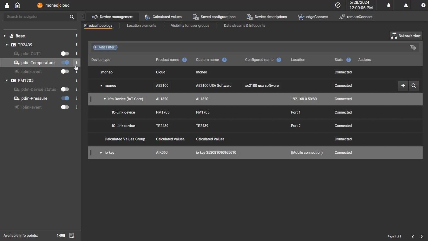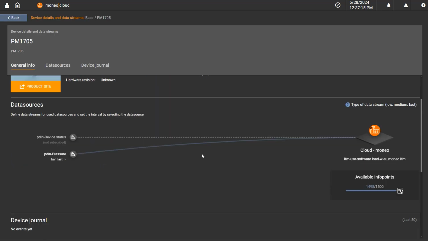Data can be configured to stream in 3 categorical intervals: fast, medium, or basic. The data array can be adjusted by hovering your mouse over the sensor in Device Management. Under the Actions field, you can select Device Info and Data Streams. This takes us directly to the sensor